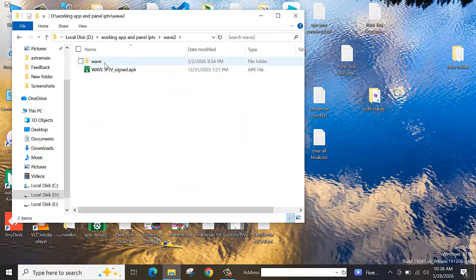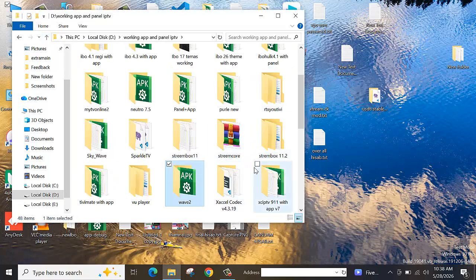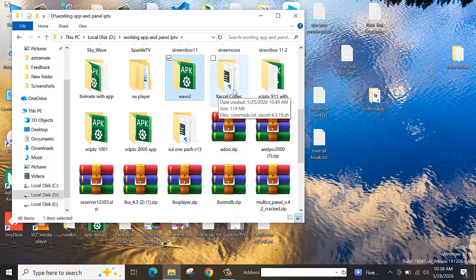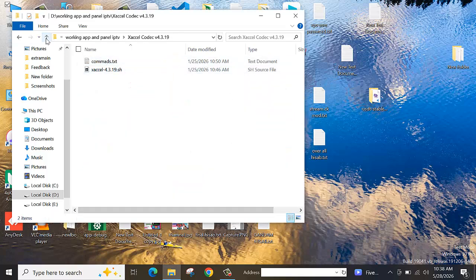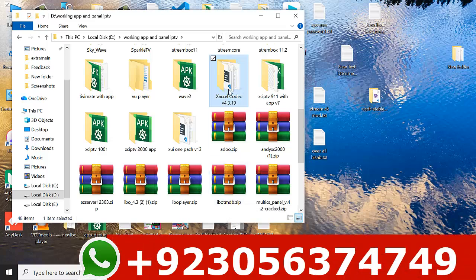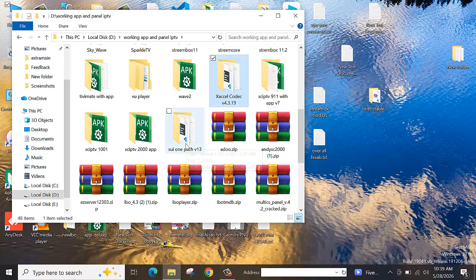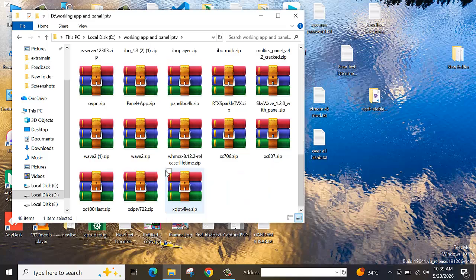This panel and APK, and this installation stream IPTV panel, for example, is the admin panel installed to this use now for this, and SUI1 patch, and this I have XC IPTV latest variant 7 and which 911 this variant, and this 1001 variant and 2000. So this I have this all and zip files plus everything,